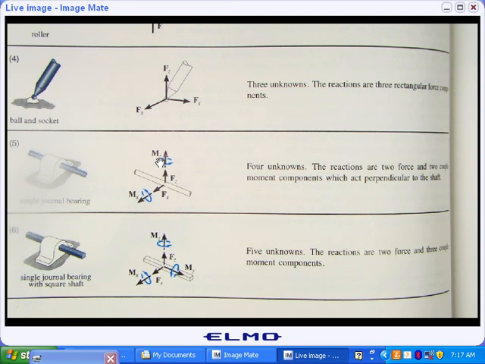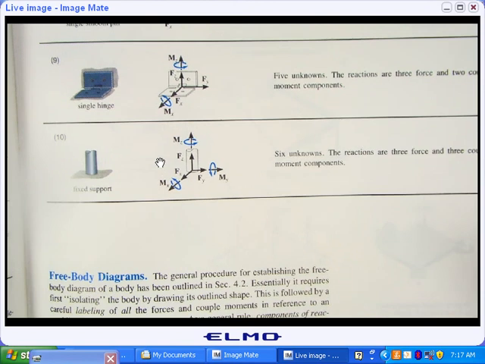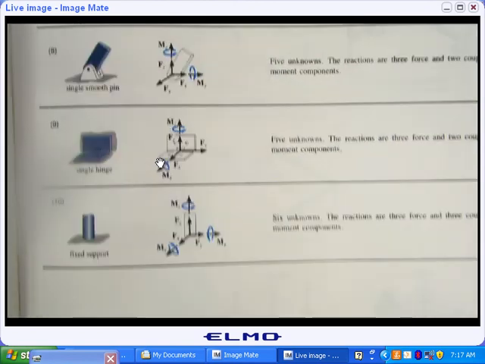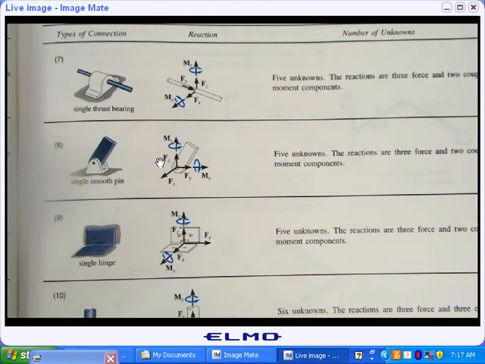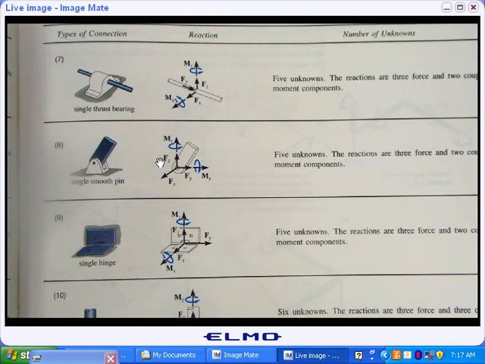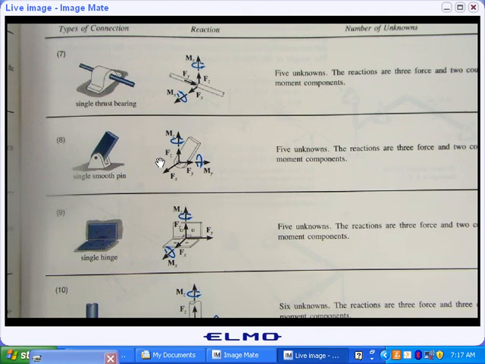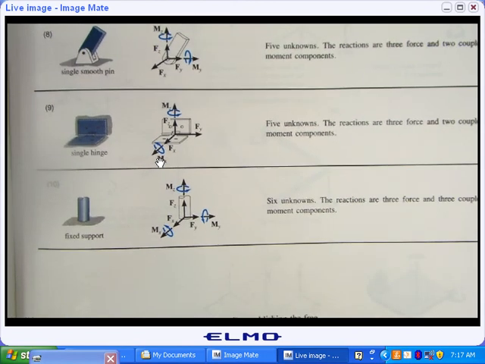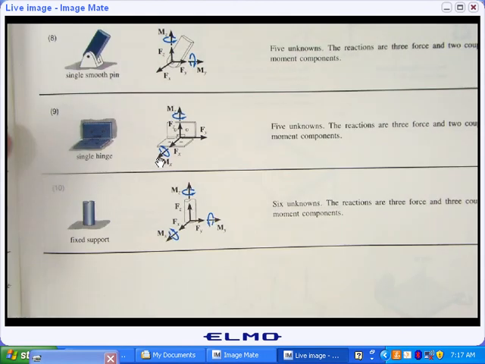Single journal bearing with a squared shaft, you're barely ever going to see that. In all of my years dealing with this in college, I think I've dealt with a math problem with that maybe once. Now the remainder of them here. Thrust bearings, once again, still very, very uncommon. Single smooth pin. This is going